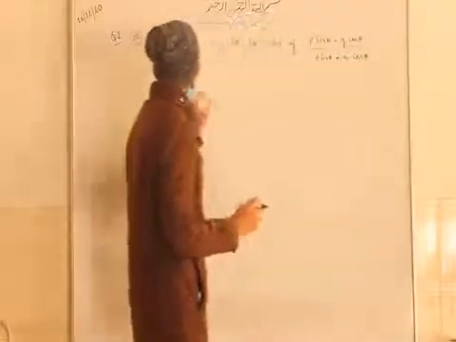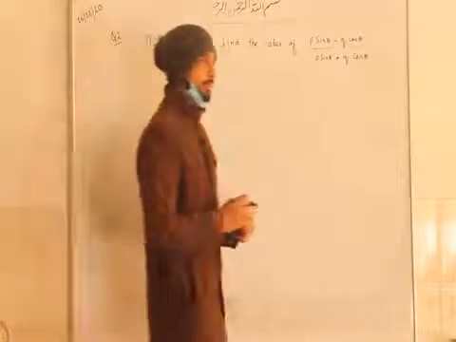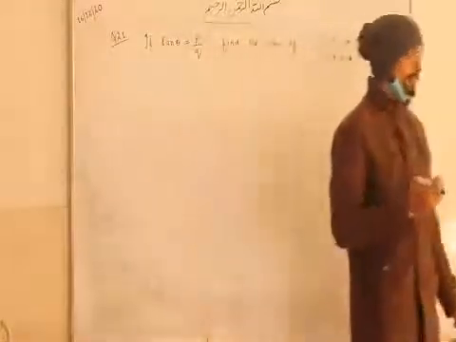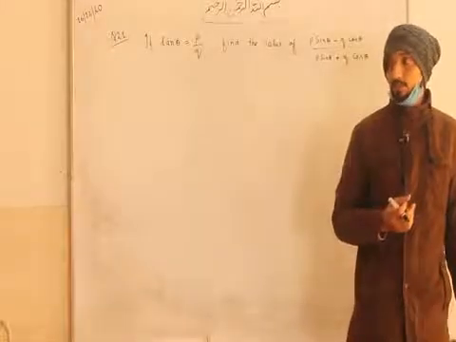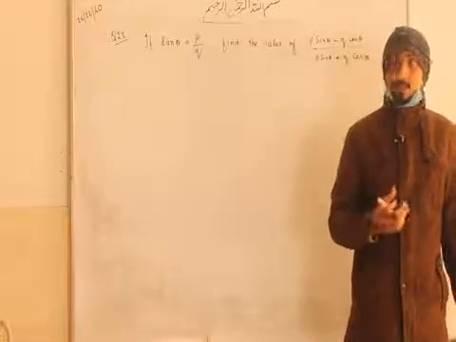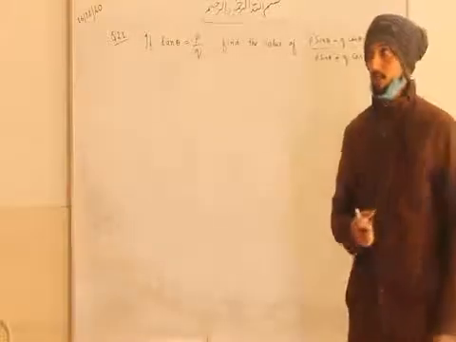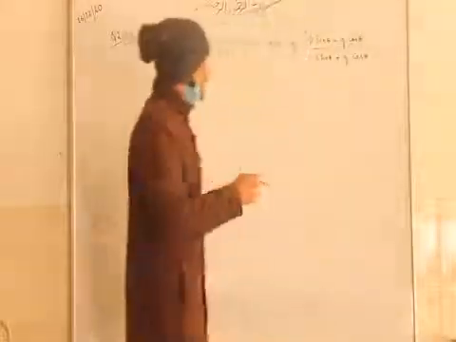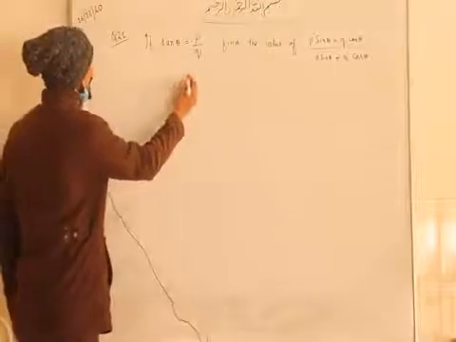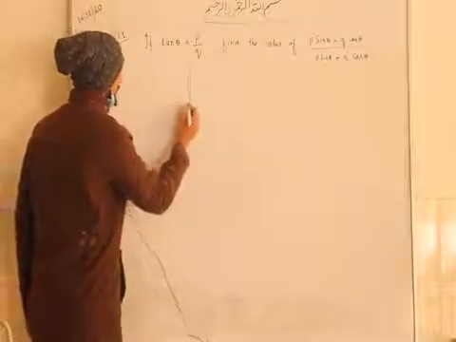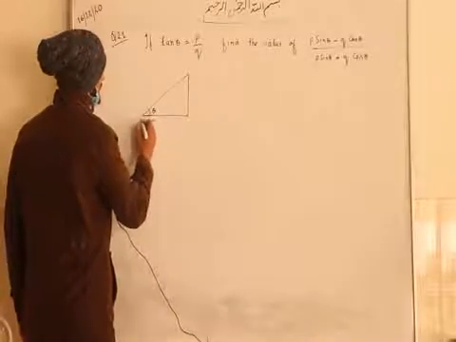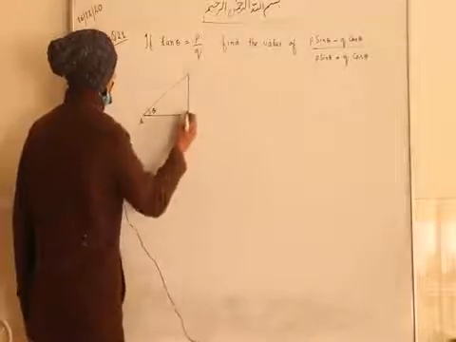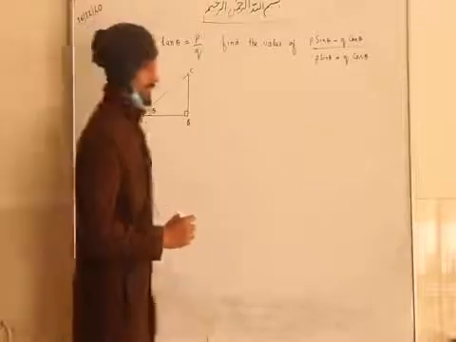So what is given here? Tan theta is given. So I told you that whenever any ratio is given, first draw the triangle and find the third side. Then find other ratios that are asked in the question. Okay, so you see how we will solve this. Tan theta is given here, so first we draw this triangle. Okay, this is our theta and we can mark it ABC. This is the right triangle.